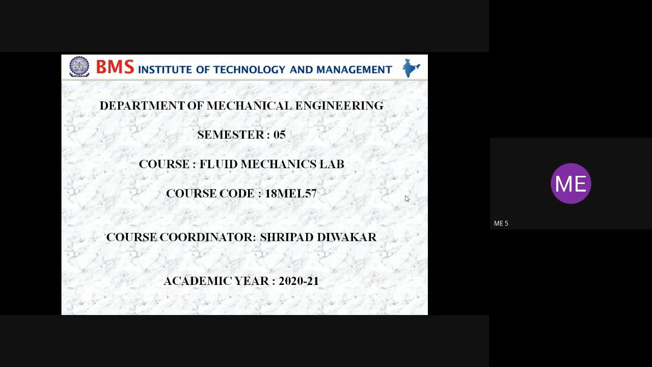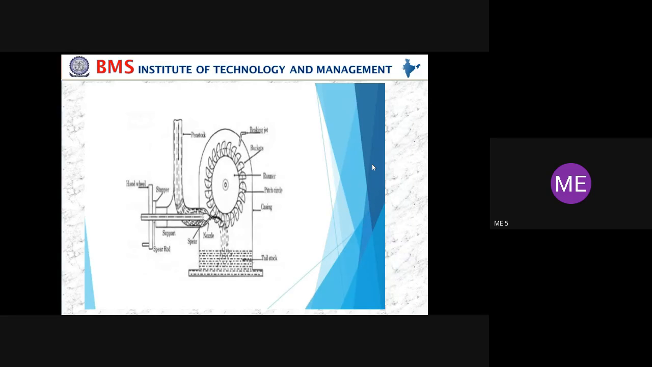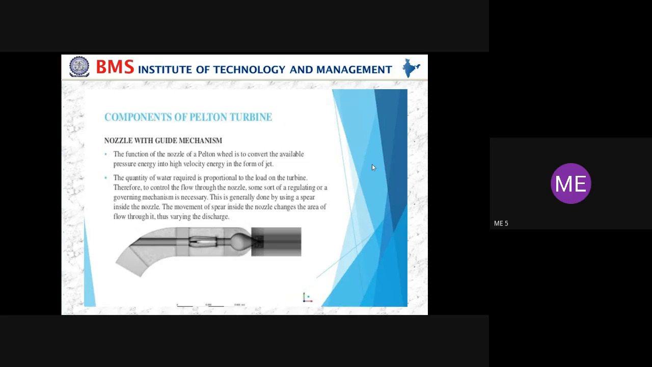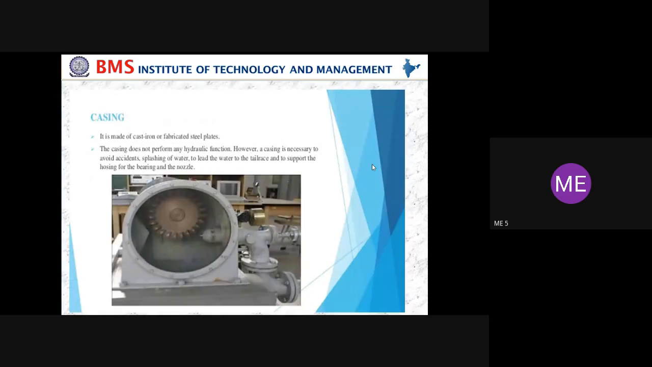And fourth one is mixed flow turbine, where water enters radially and leaves axially from the turbine. Example is modern Francis turbine. In the fluid mechanics lab, we have three turbines. One is Pelton wheel, second is Francis turbine, and third is the Kaplan turbine. Today we'll discuss